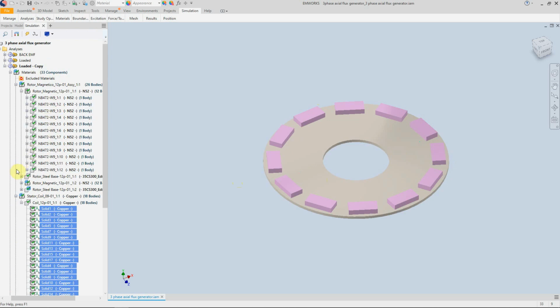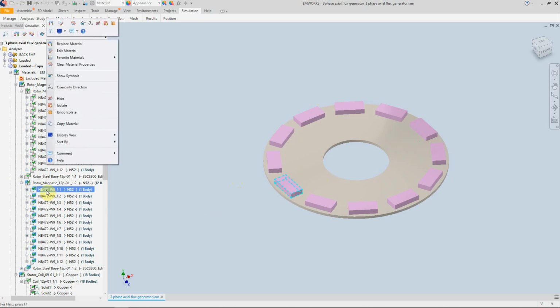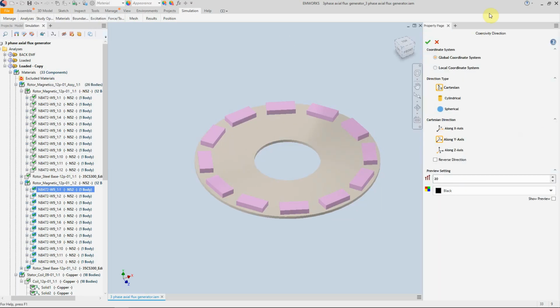The first feature that I want to talk about is permanent magnet direction. Like any other software, you have to dedicate the coercivity direction or magnetization direction of each magnet. So you have to right click on the part and select the coercivity direction. You can use a global or local coordinate system and choose the cylindrical, Cartesian or spherical systems to set the vector of the magnetization. But a very small feature here, show the preview, is very useful in many simulations because in